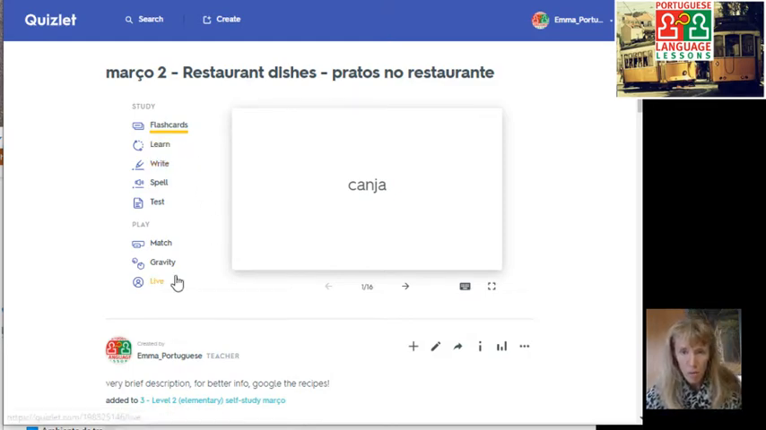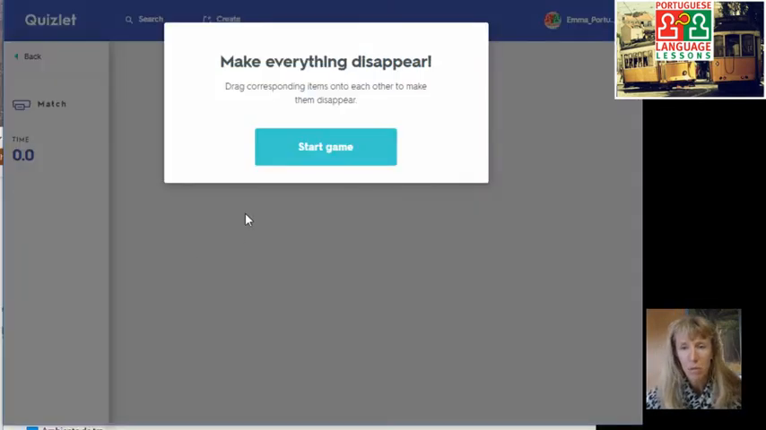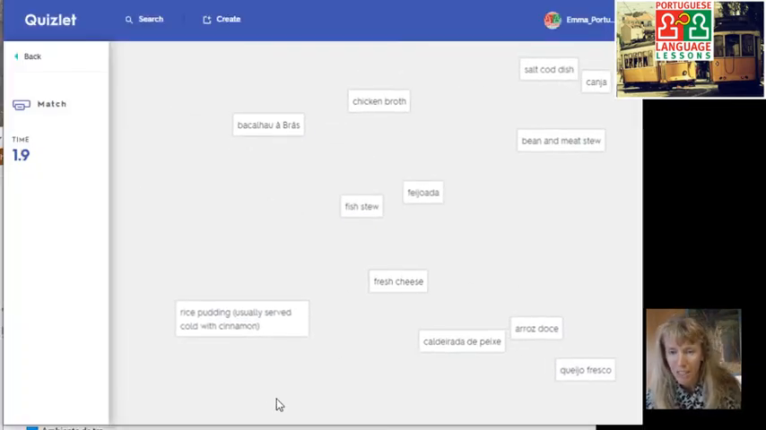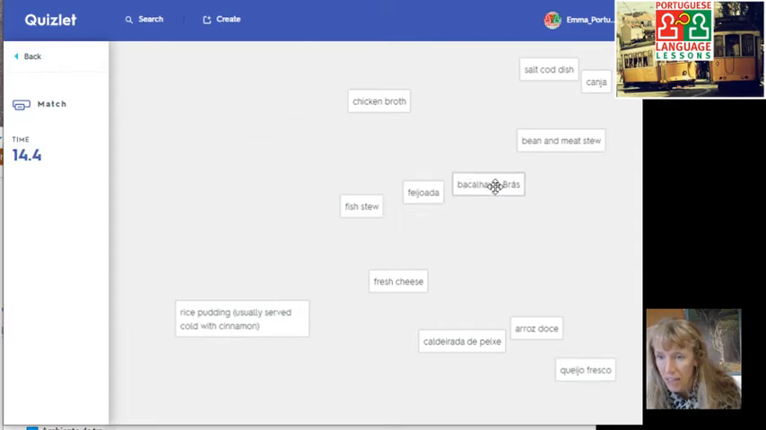Now I'm going to go down to the match, so some games, because I think games are great when you're learning. This game in particular works best on your phone or tablet. On the laptop you can see it's like this. We've got all the words scattered around the page, Portuguese and English, and we've got to match them up, and we're timed. So here, for example, I've got bacalhau à Brás, and this is going to be a salt cod